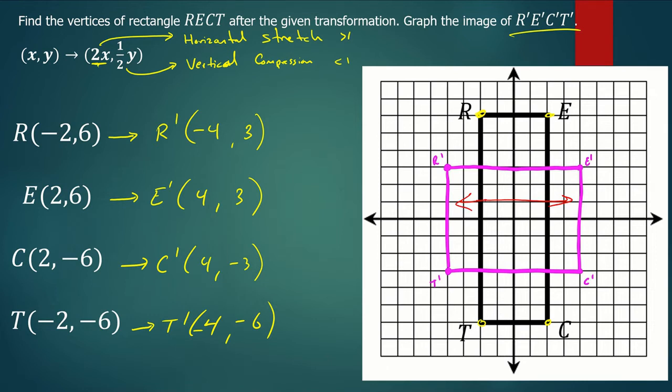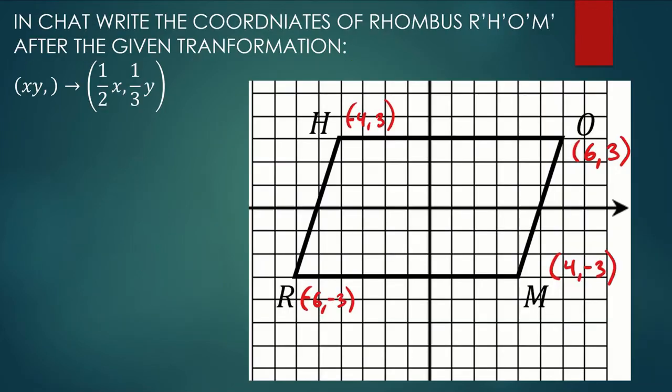We're stretching it sideways, and instead of stretching it vertically, we're putting it together horizontally, right? So it compressed vertically. So here we have another example, and now I know it says in the chat, but